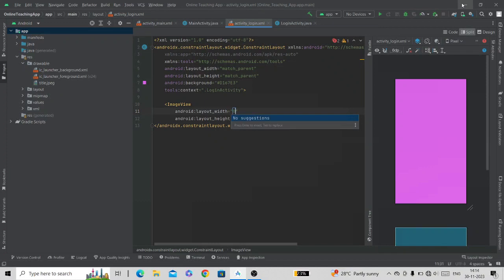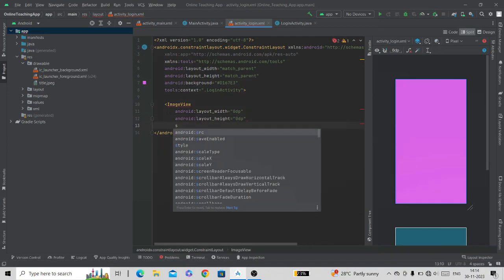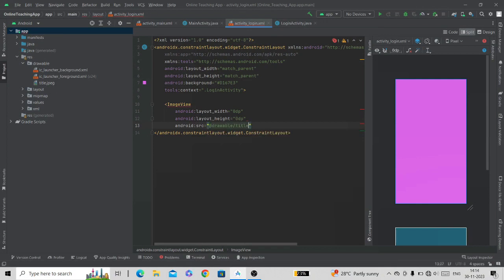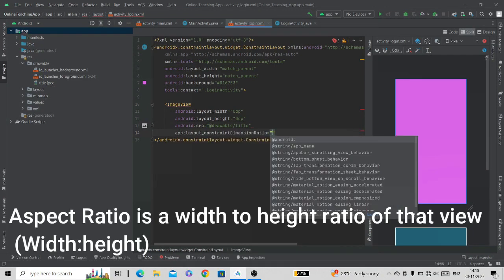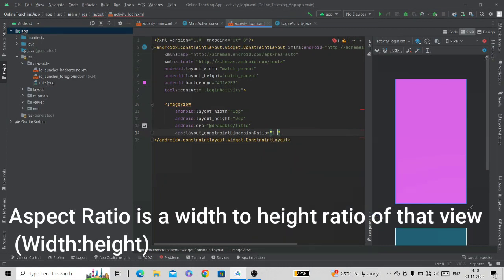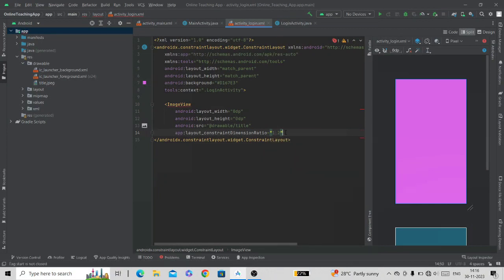So we will add a 0 dp width and 0 dp height. And then we will add an image source using src and we'll give the title image here. Because the width and height is 0 dp, we can't see the image. Now use the layout constraint dimension ratio property and give the aspect ratio here. I will give 1:2. Still we aren't able to see our image.